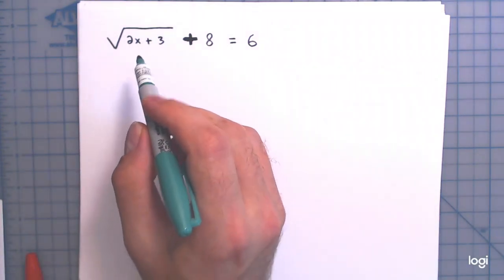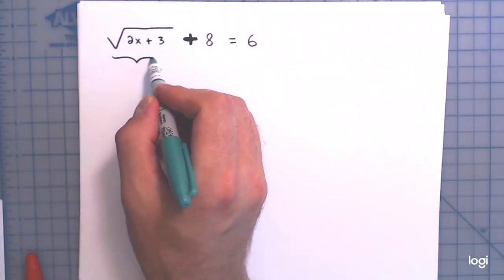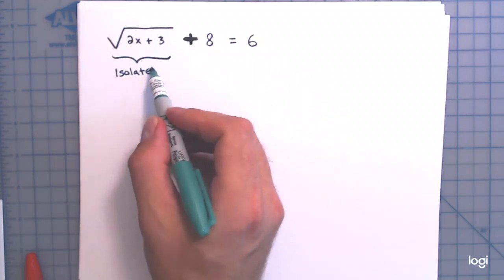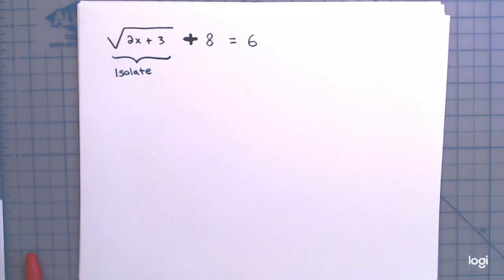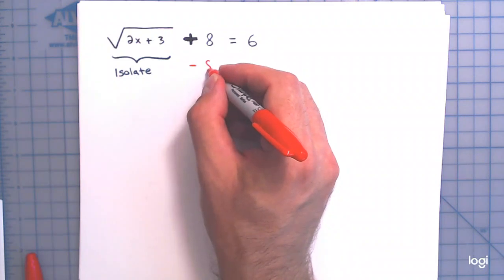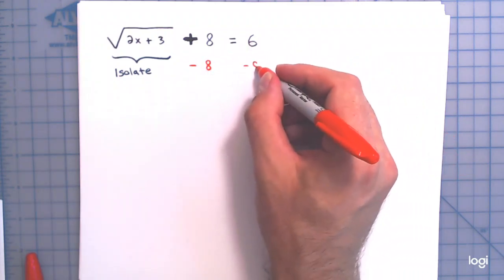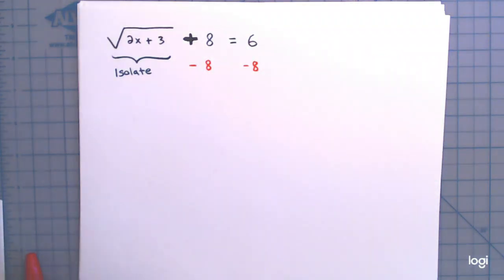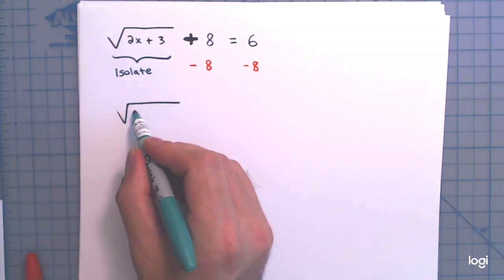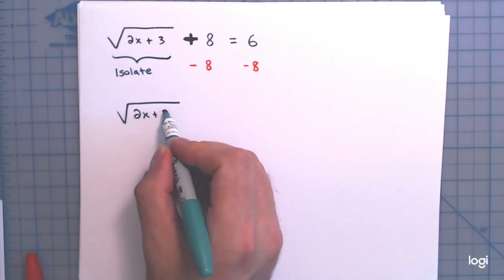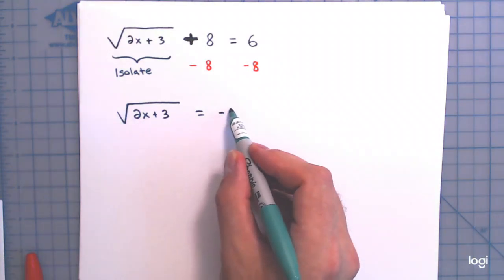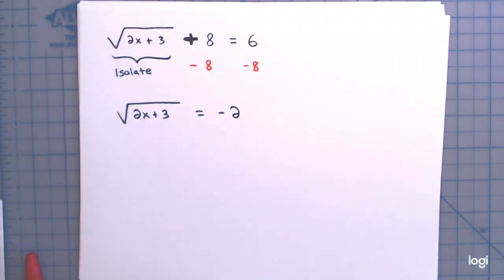Got a single radical, so I'd like to isolate that radical term. I'm going to get this square root of 2x plus 3 alone by getting rid of this positive 8. So I'm going to subtract 8 from both sides, leaving me with the following equation: the square root of 2x plus 3 is equal to 6 minus 8, which is -2. Now,